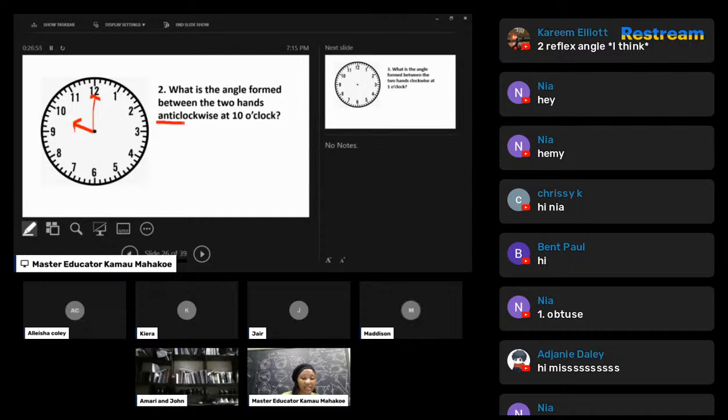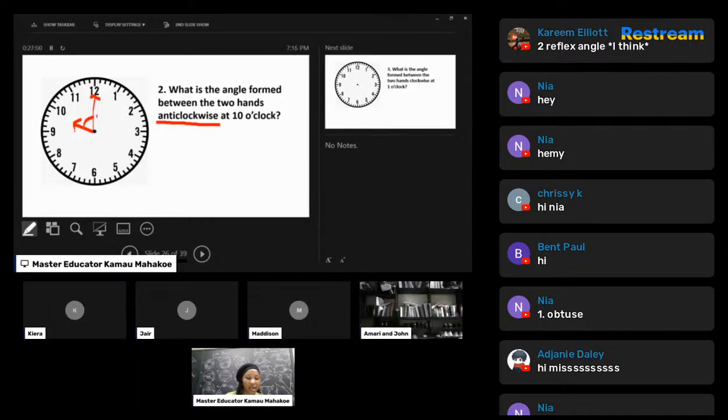Okay, so they want anti-clockwise. So we're going in this direction. Clockwise is this direction. Anti-clockwise is this direction. So they want this angle. How are we going to find that angle, Madison? The actual measurement of that angle. I'm not really sure how to do it. I don't understand. All right. Does anyone understand to the point where they want to explain how we're going to work out the measurement?